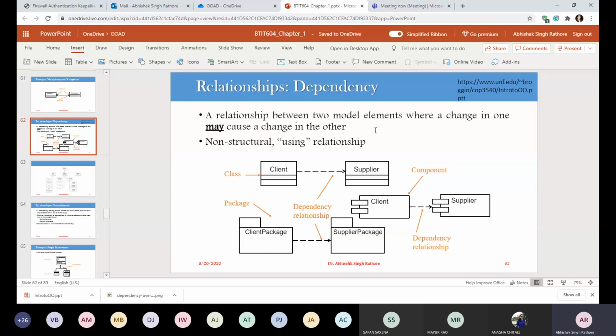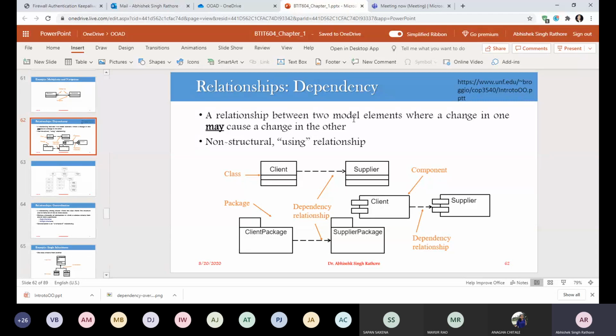So we'll start with some relationships. Last day we had covered some association relationships. Now we'll cover the dependency relationship. This slide I have taken from the University of North Florida. You can find this PPT from the University of North Florida, so I thank those universities for providing this on the public platform. Starting with the relationship which is associated with the dependency.